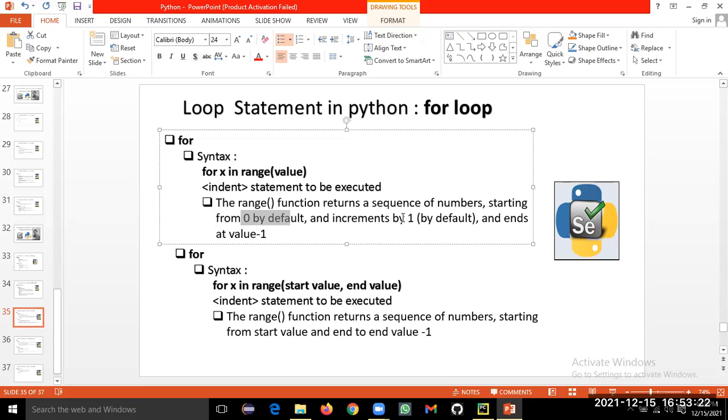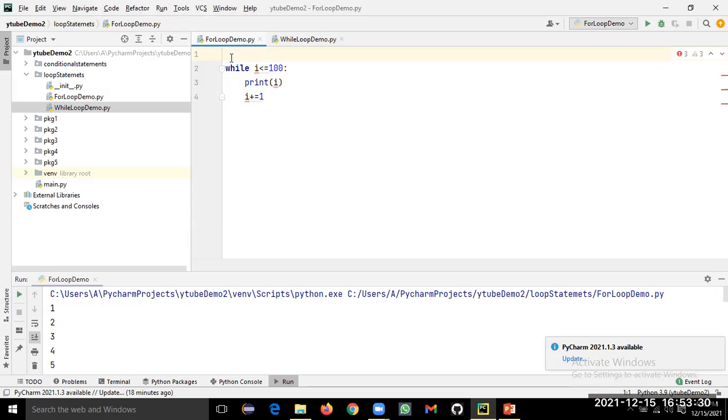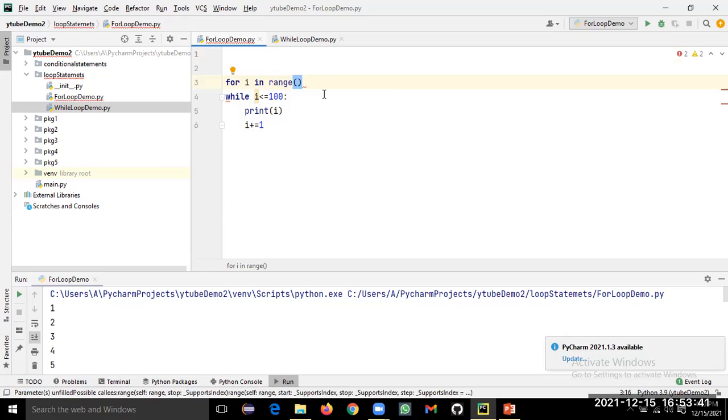Okay, if we want to have it from 1, then we'll see later on, but initially the value of x, or whatever I, is 0. So here we had initialized I equal to 1. Instead of that, what I'll do is for I in, and we'll use this range function. We'll understand what a function is later on, but for now this is a function. So we have to pass the value up to what maximum value I want to pass, let's say 3.